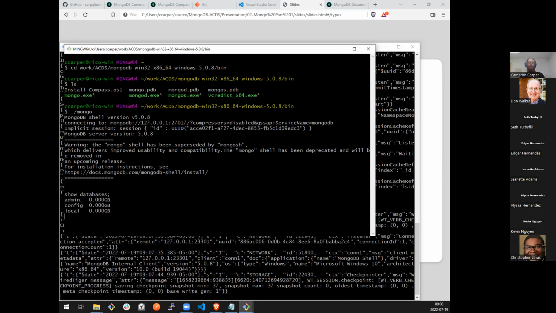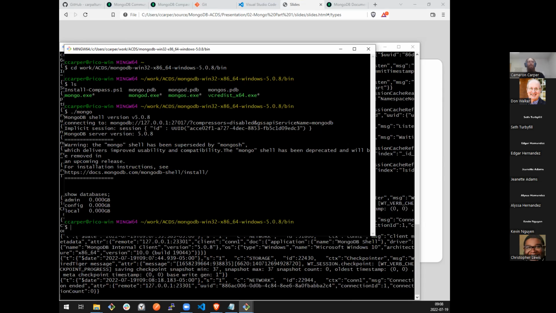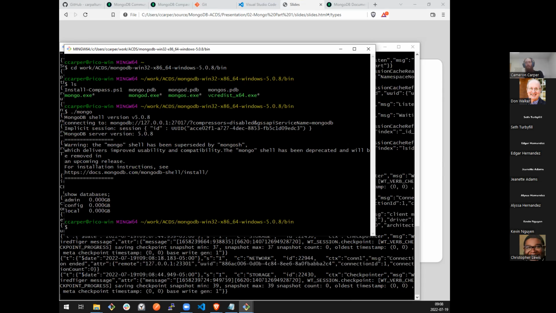Now I can go use a better, easier to use client like Compass and actually start querying it. So for the most part now, I won't use the Mongo shell again, except I will look at Mongo import to import some data so we have something to work with. But other than that, we're going to switch to using Compass or potentially NoSQL Booster, mostly Compass.